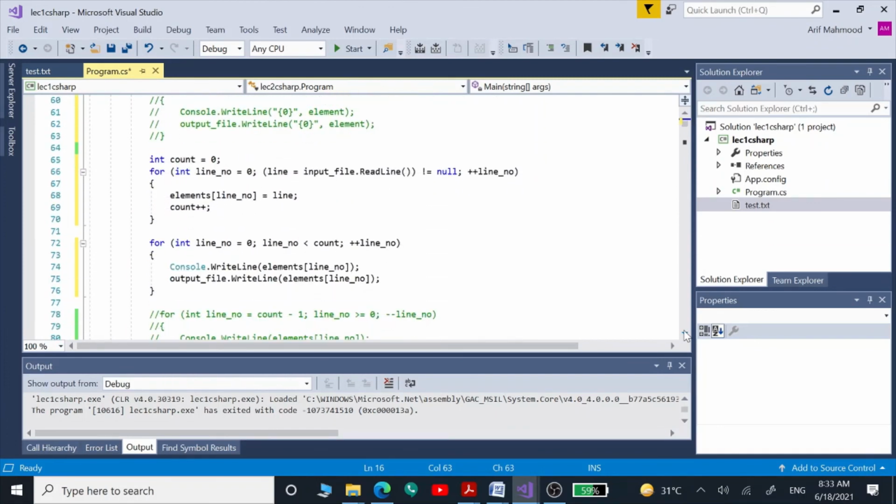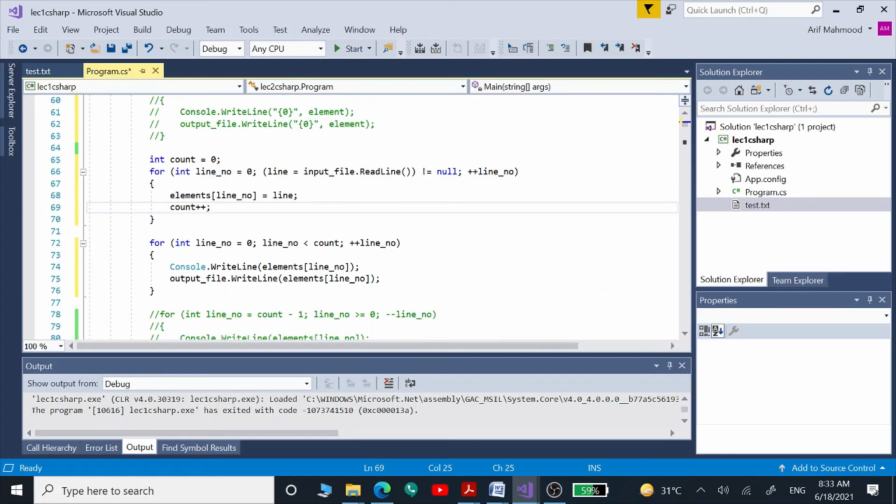And after that, we are going to run this for loop using this same readline function on our input file. We are going to store whatever we are getting inside this variable into our array one by one, starting from 0 and going up to 2, because we have only 3 lines, 3 strings. And then we are going to use this count variable to get the length of our array.